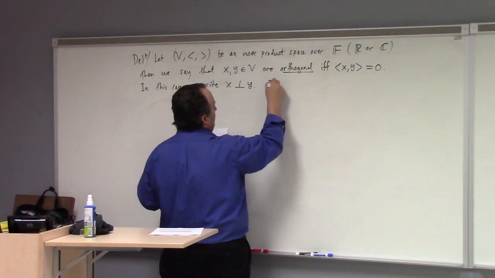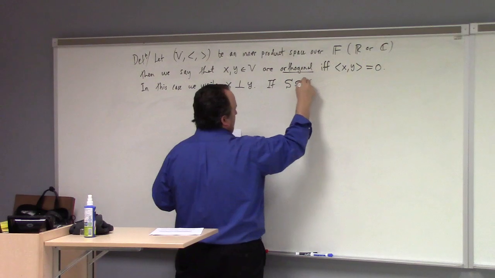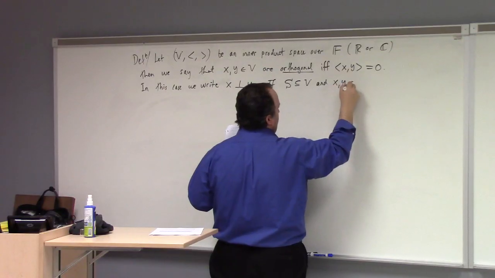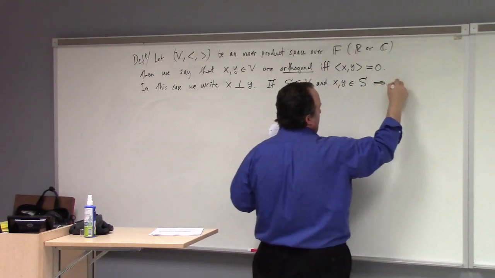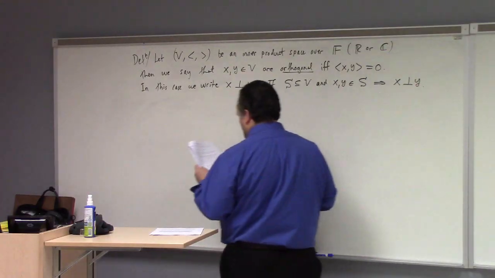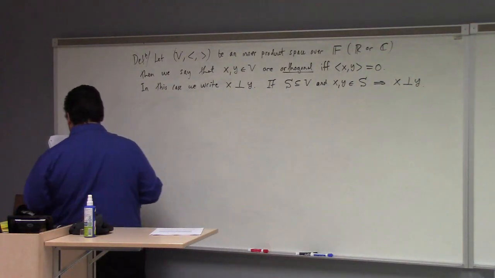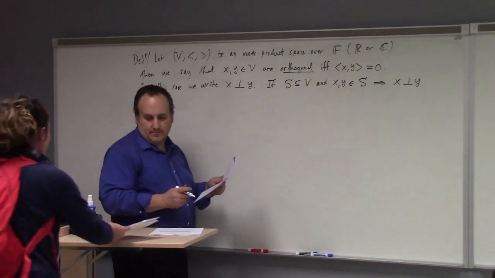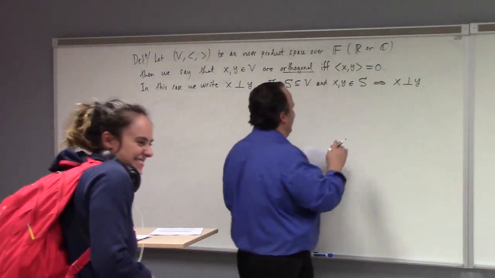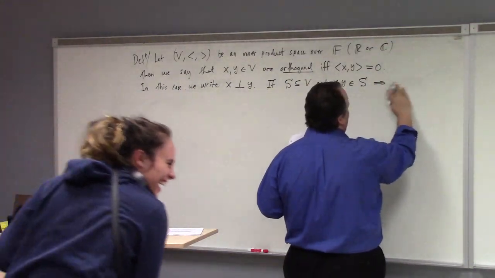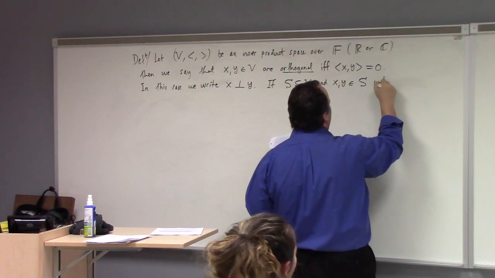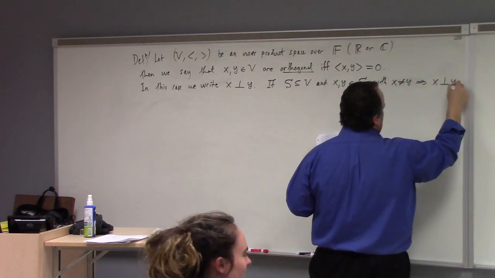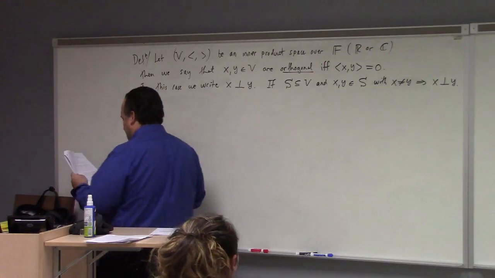So if you have a subset of the vector space, all right, and X, Y in the subset, X not equal to Y, implies that X is perpendicular to Y,